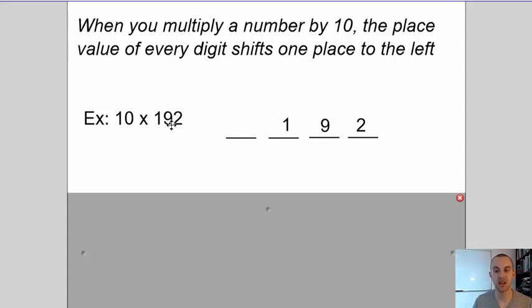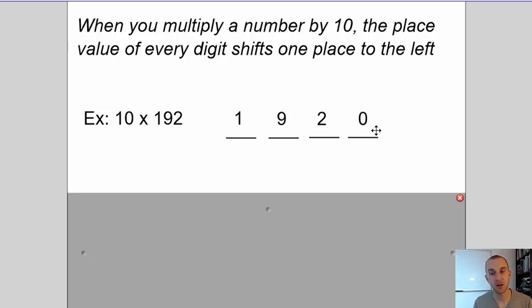So say I've got 10 times 192. I'm going to take my 100. It now shifts to the thousands. I take my 90, it now shifts to the hundreds, and I take my 2, and it now shifts to the tens, which means I need another place value here. Since I have nothing in my ones place, I would put a 0. So that 192 is really